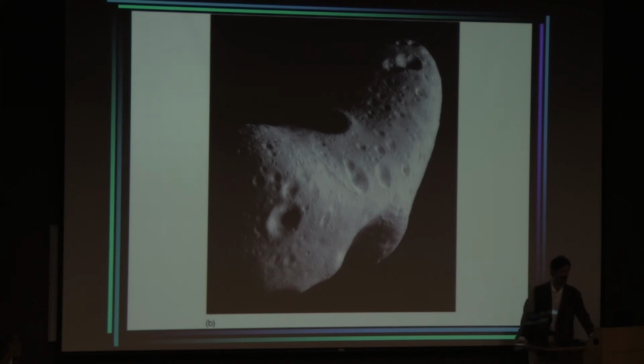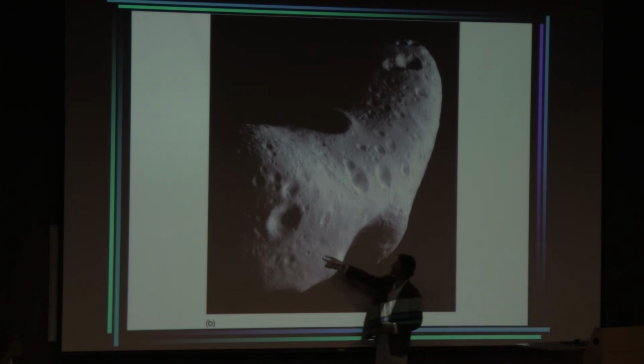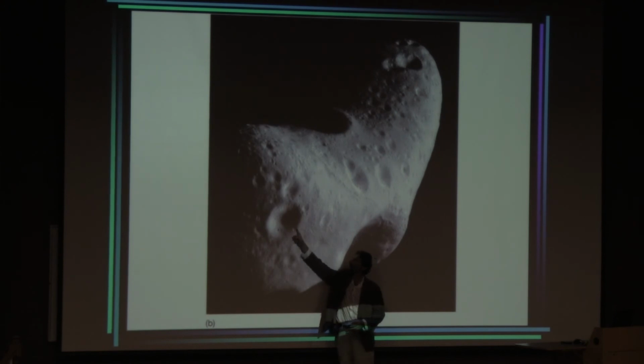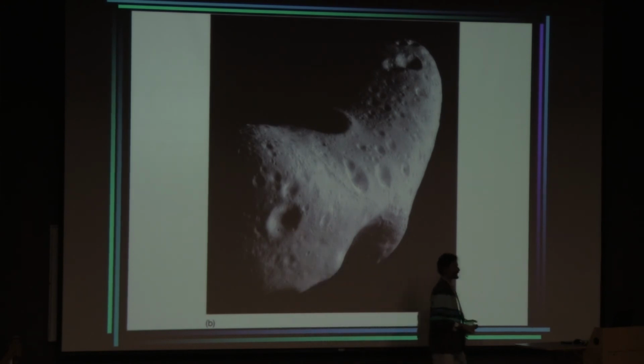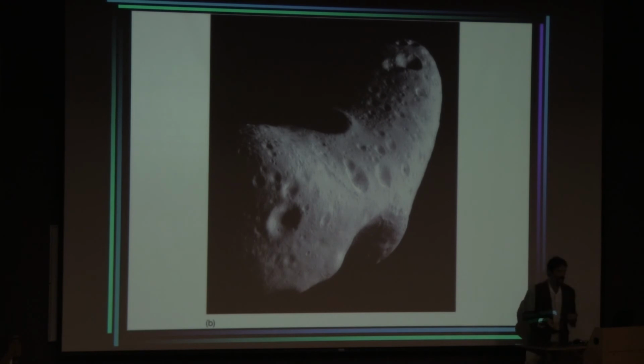So here we see, again, a very strange situation. A very weirdly shaped object, which probably is the result of multiple large impacts over billions of years. And if we take closer looks, we see really odd features, like, for example, here, see that little white blip right there? That's actually a boulder sitting on Eros, but it's not sitting at the bottom of that crater. Normally, if you're going to have a boulder sitting in a crater, it's going to roll down to the bottom of the crater, right? Well, it's trying to do that here, but because of the weird shape of Eros, it's actually rolling to the point where it's